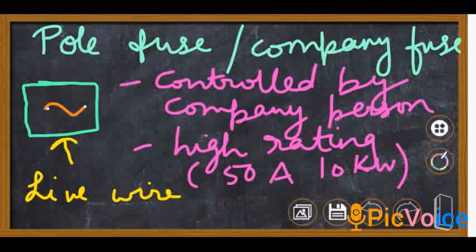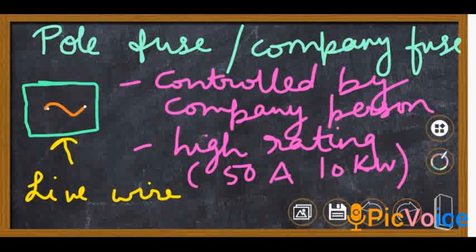Now fuse, you can see a box representation I have shown you. There are two white dots, these are the 2 points or the terminals, and one copper wire is passing through this. Now this copper wire is nothing but your live wire. So live wire is coming through the fuse. The earth and neutral are not connected to the fuse. They go out of the fuse. They don't enter the fuse. Only the live wire enters the fuse.